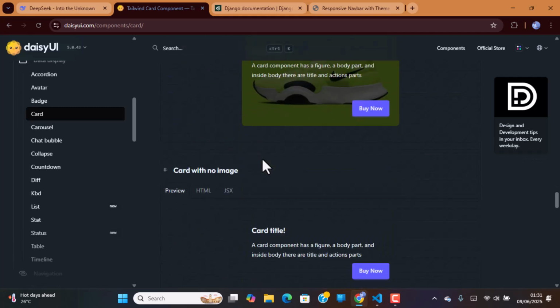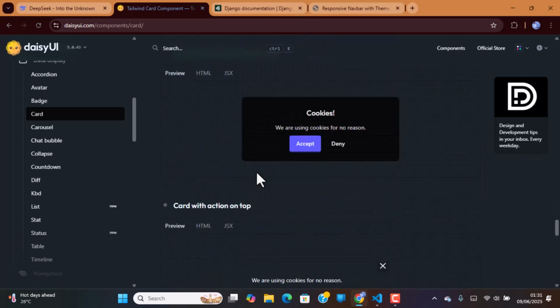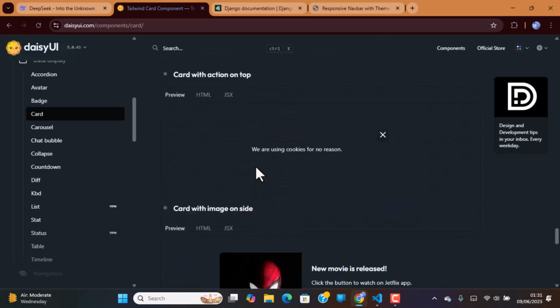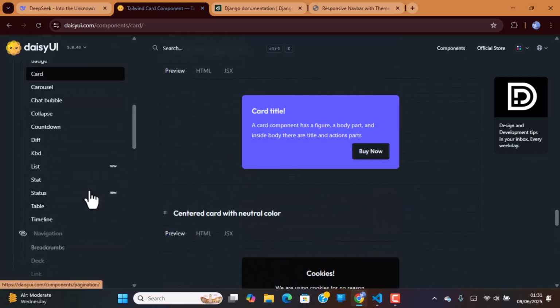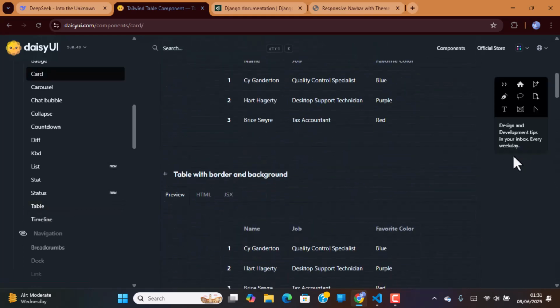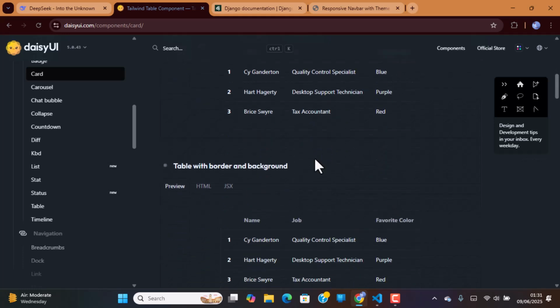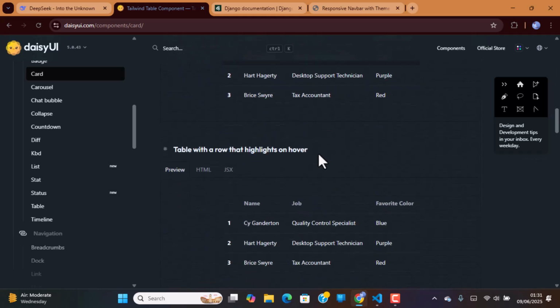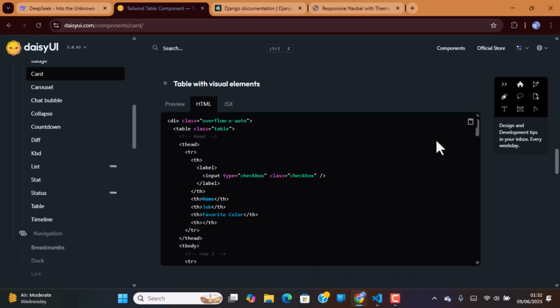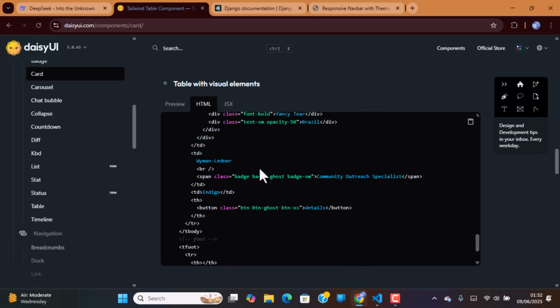So I think making it a card would be difficult. So let's try table. Okay, so this is a table. Let's look for any table that has images on it. Wonderful, so this is exactly what we are looking for. So we can simply copy the HTML version of it, which is this,